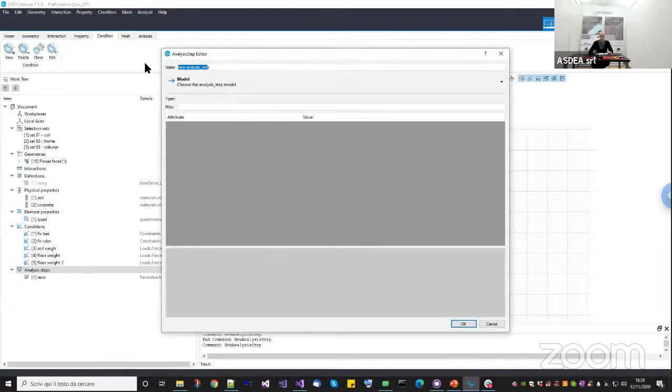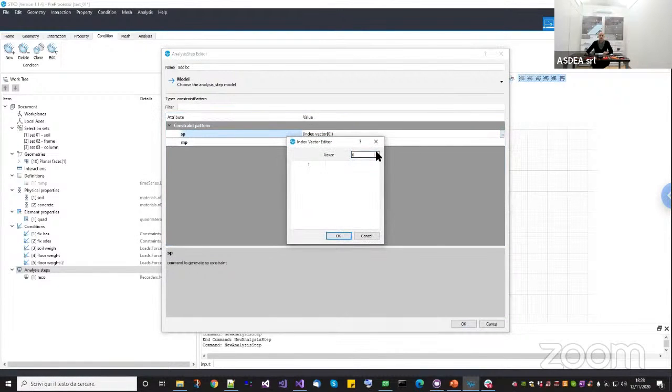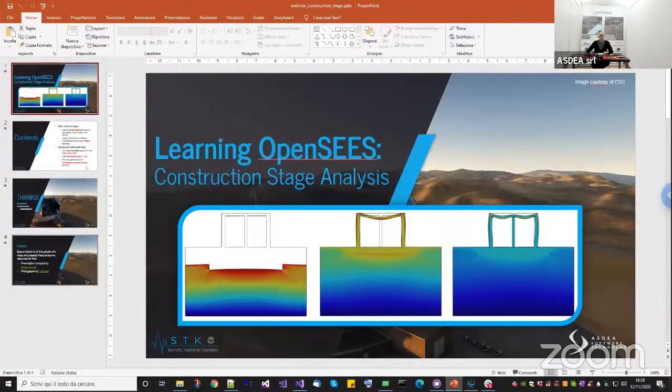So add boundary conditions, model, pattern, add pattern, constraint pattern. Okay, so now here we have two boundary conditions, the fixity at the bottom, fixed base and fixed sides. Okay, and okay. Now, as I told you, if I go back here to my presentation,